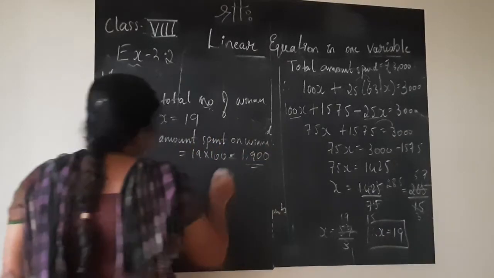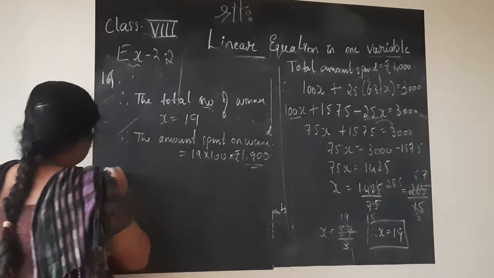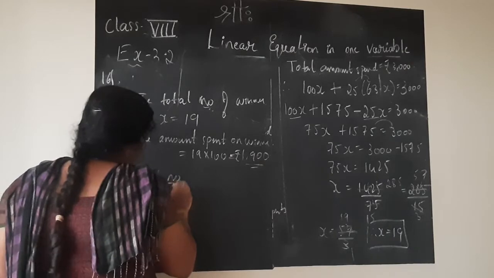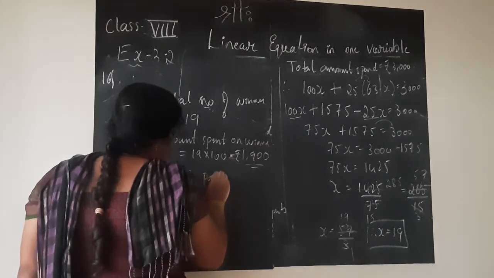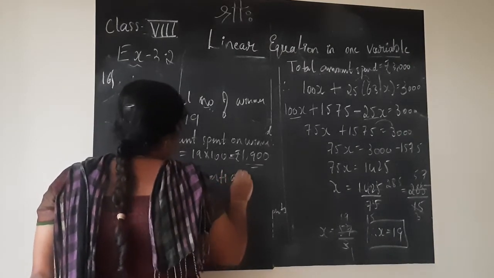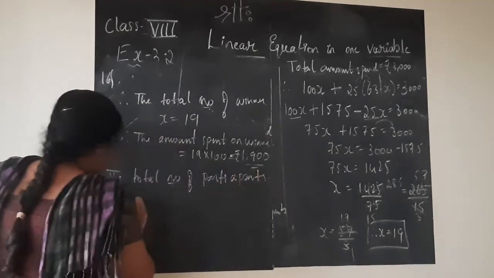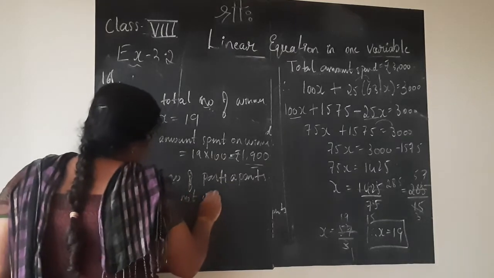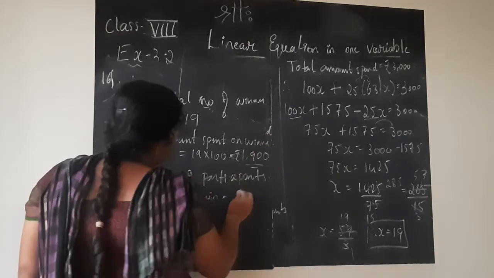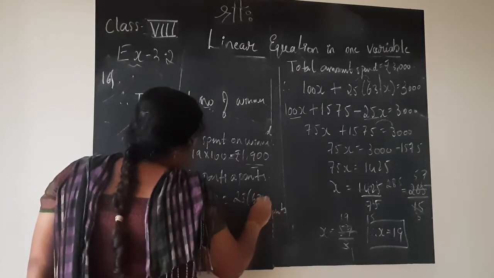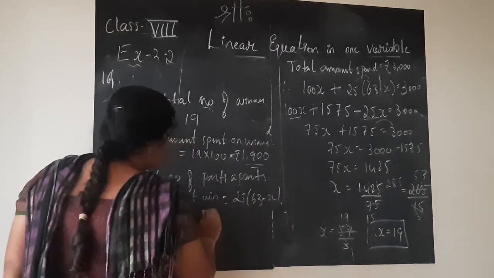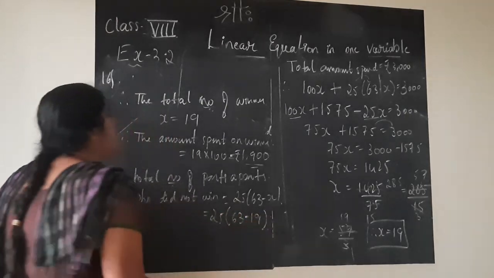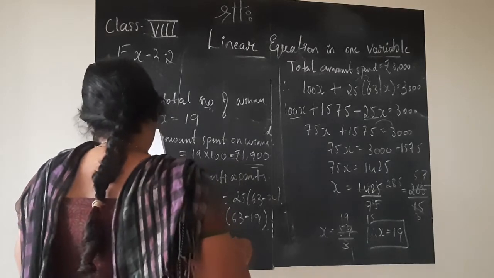They spent rupees 1900 on the winners. The total number of participants who did not win is how much? 25 into 63 minus x children. So it is equal to 25 into 63 minus 19. You will do 63 minus 19 is,